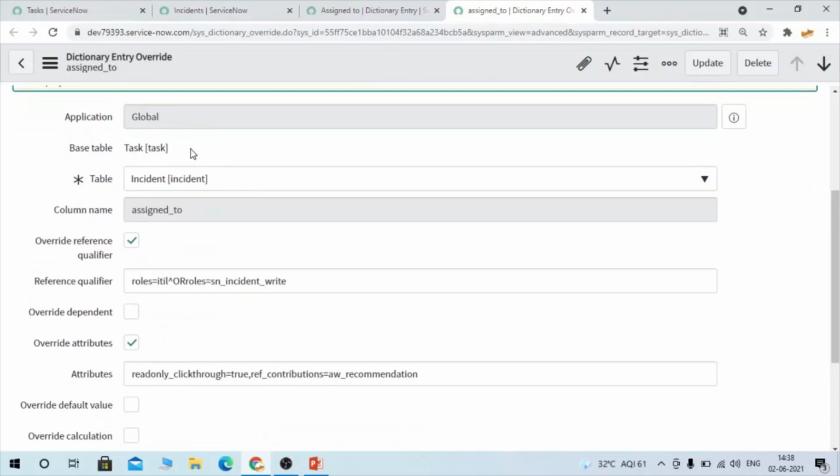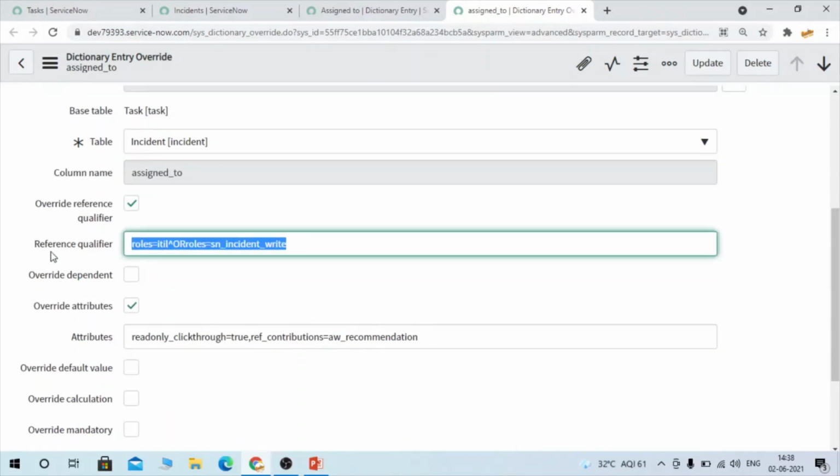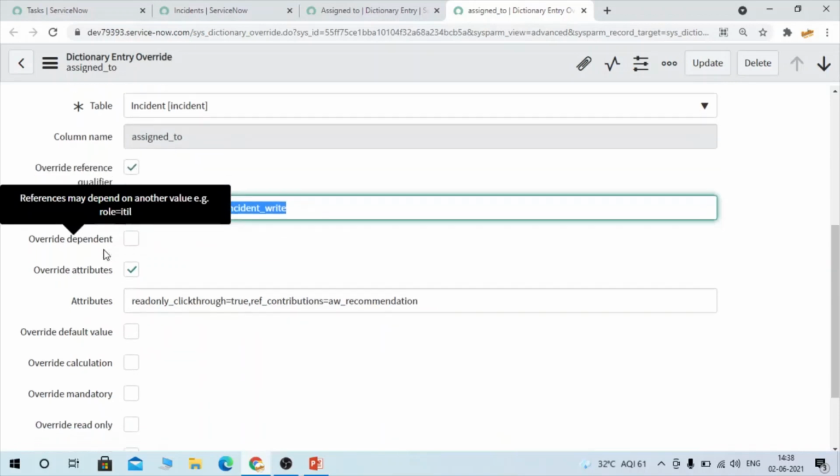So this is the base table task, and we have created a dictionary override entry for the incident table for the assigned to field. What all can you do? You can override the reference qualifier: check this box and provide your query in the reference qualifier field.